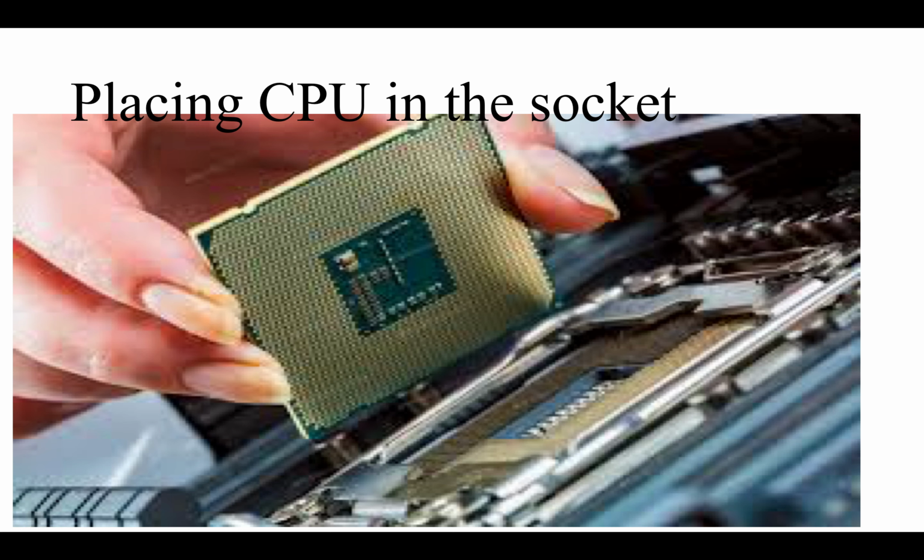On the motherboard there is a special socket, and for each kind of CPU a certain type of socket is available. Means each CPU has its certain type of socket, then it is placed in the socket on the motherboard. Earlier, CPUs consisted of many separate components, but since the 1970s, they have been constructed as a single integrated unit. You can see here, it is called a microprocessor CPU, that is located now in a special socket on the motherboard.